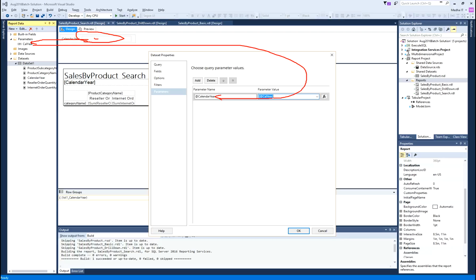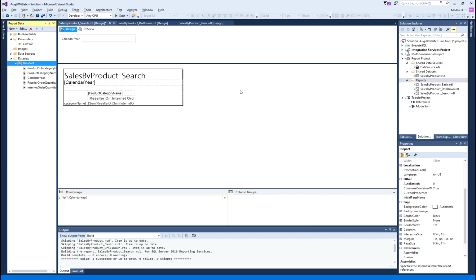So, the user enters a value here and the value is captured into the SSRS parameter, and that value in turn is passed to the stored procedure. Okay, so now this is done, click OK.